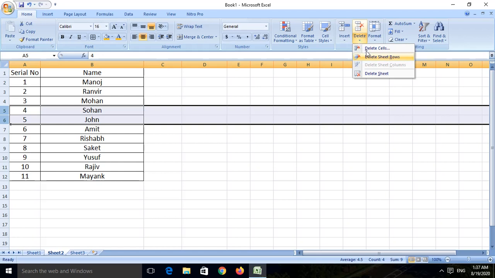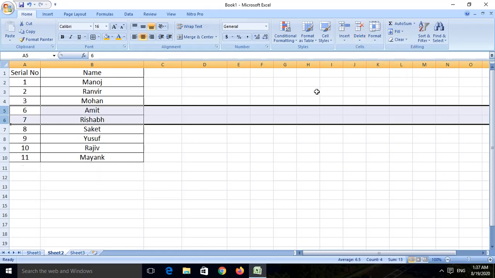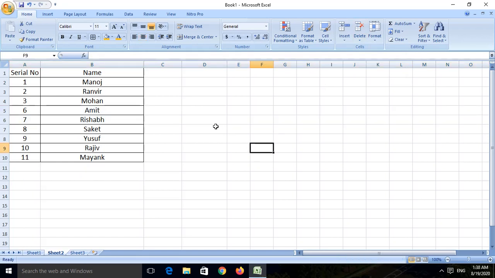As I want to delete rows, I will click on delete sheet rows. As I clicked delete sheet rows, you can see those two particular rows disappeared. Both the rows are deleted.